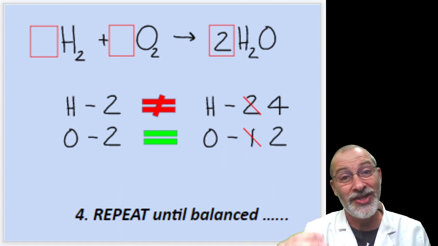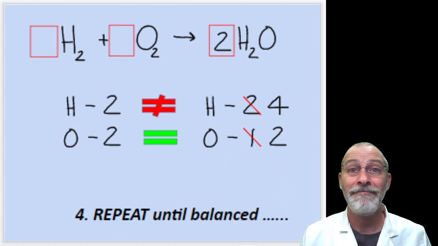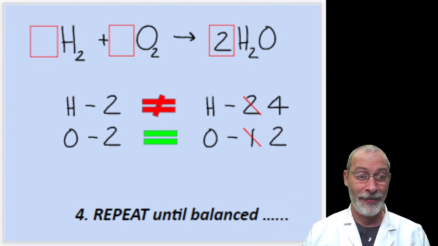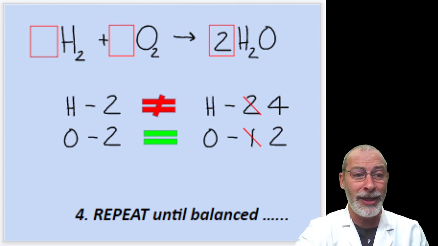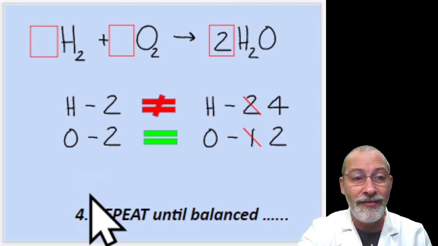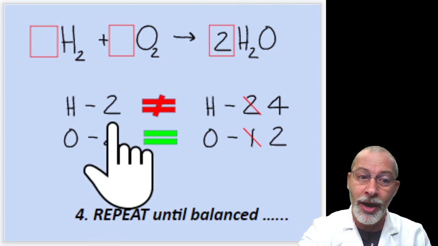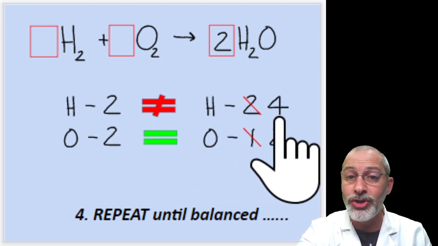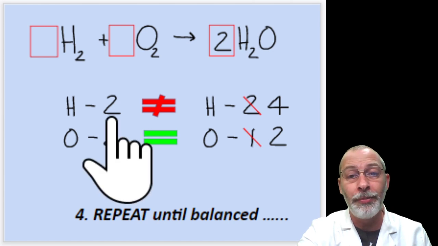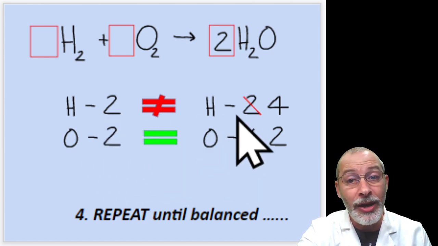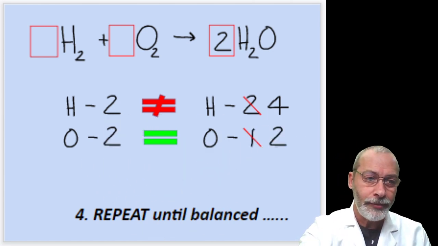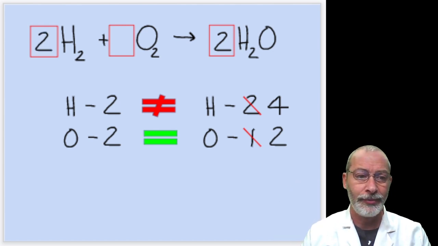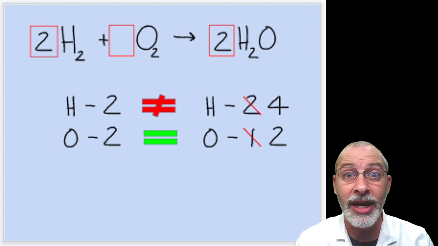So that brings us to step 4, which is repeat until it is balanced. So we go through the steps again. We look at the side of the equation with the smaller number. 2 is smaller than 4. Ask yourself, what do we multiply by 2 to equal 4? And hopefully you know the answer is 2. But whenever you make a change,